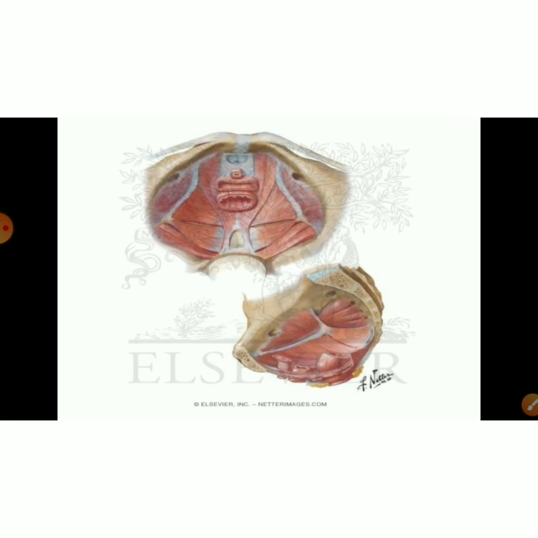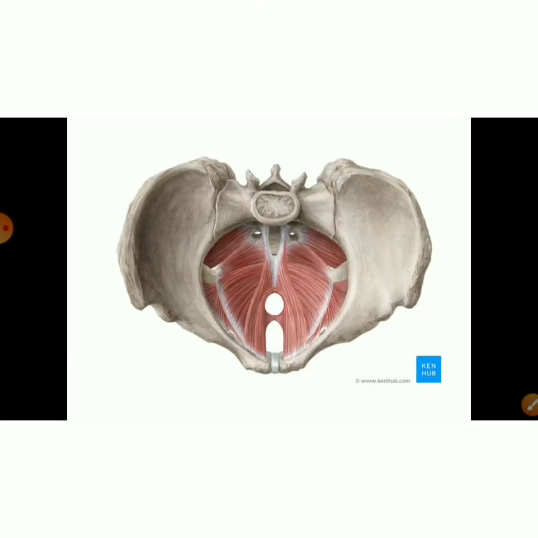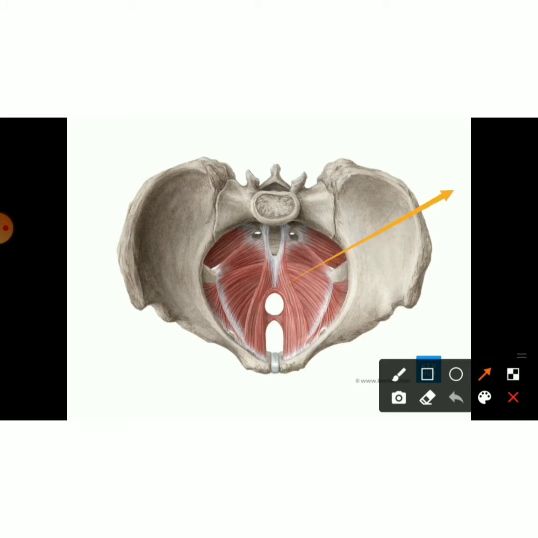So we will see that better in the male pelvis. Okay, yeah. So here you can see this is the posterior most fibers of the pubococcygeus. So this is the opening for the rectum. Okay, so you can see the fibers